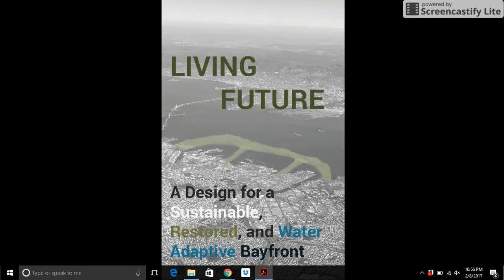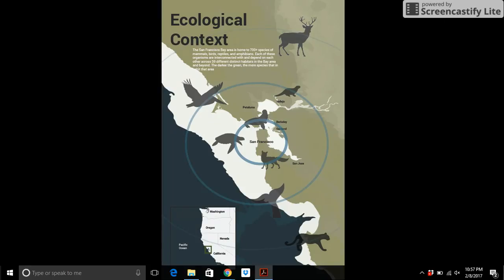Hello, my name is Spencer, one of the 6 WC landscape architects working on the Dogpatch Pier 70 Mission Bay community, looking at adapting to climate change and the future of the community. In this iteration, we're looking at an urban network plan that focuses a lot on restoration, connection, and longevity to the site. Before we can really delve into the site, we have to look at the regional context